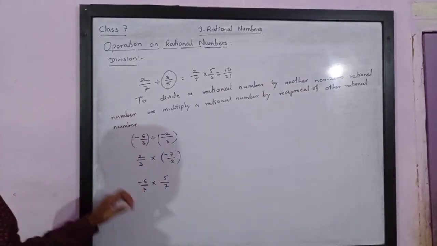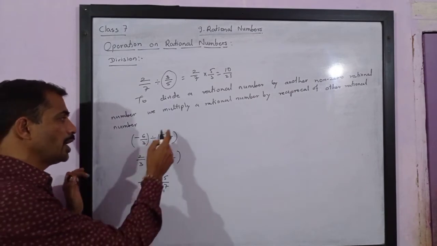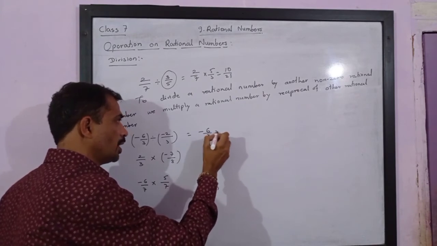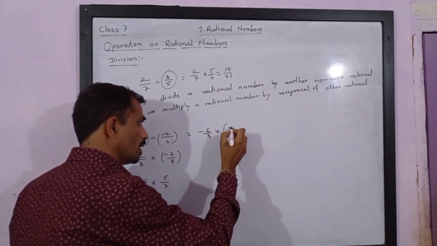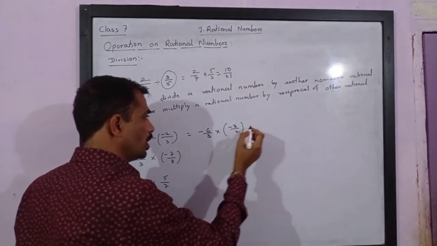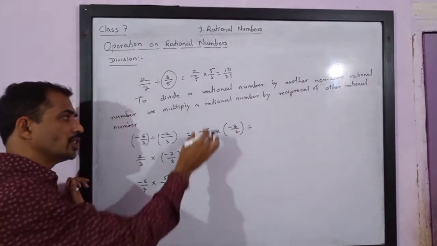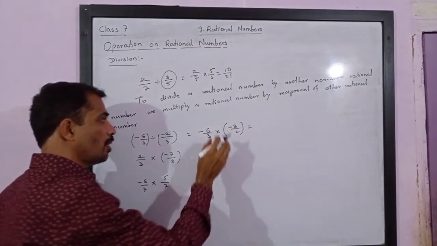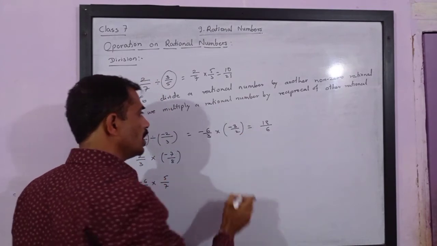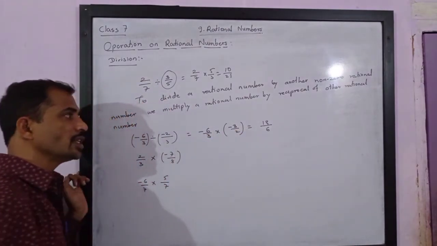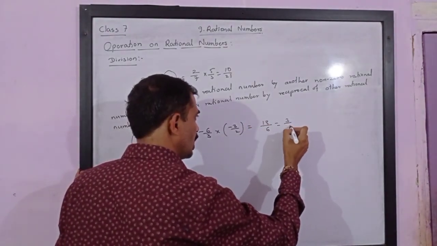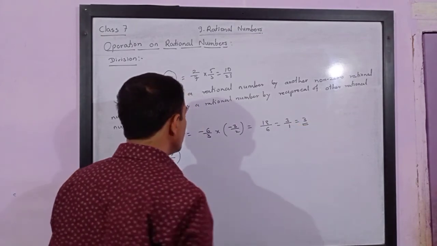Dear friends, let us try to understand this. Negative 6 upon 3 divided by negative 2 upon 3. We have already studied. This is equal to negative 6 upon 3 multiplied by reciprocal of the other fraction, which is negative 3 upon 2. So negative into negative is positive. We do the multiplication. Multiply numerator to the numerator, denominator to the denominator. So this becomes 6 3s are 18 upon 3 2s are 6. Negative into negative is positive, so this is equal to 18 upon 6. Now, if you reduce this further, 6 3s are 18 and 6 1s are 6. So this is equal to 3 itself.